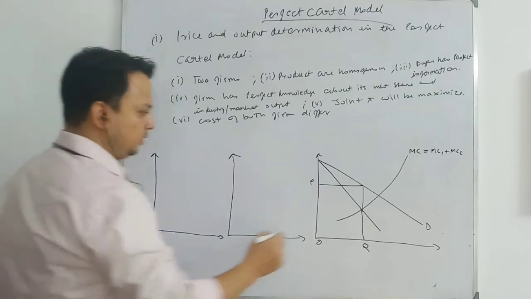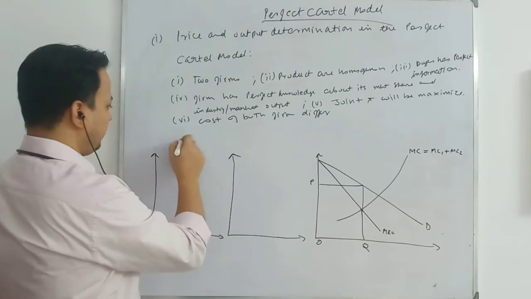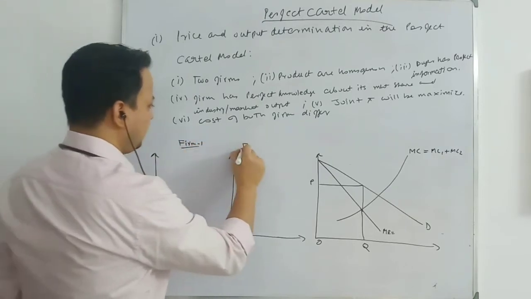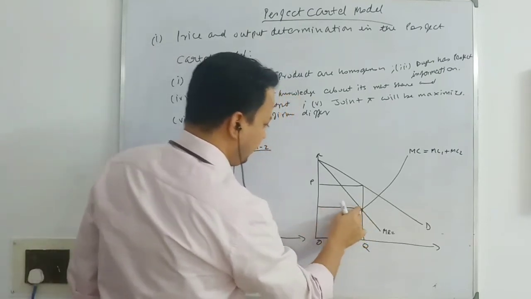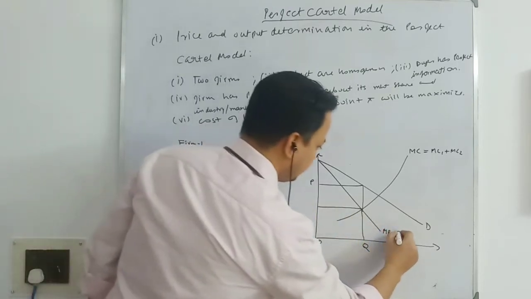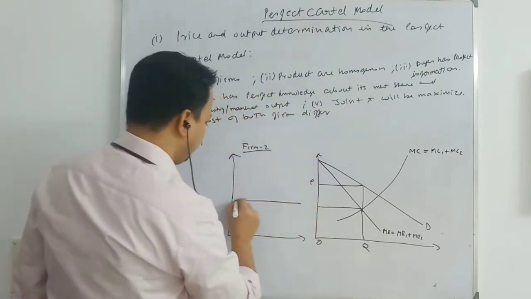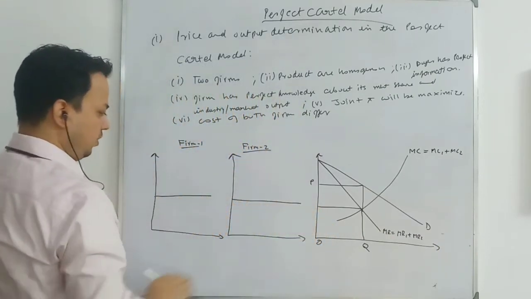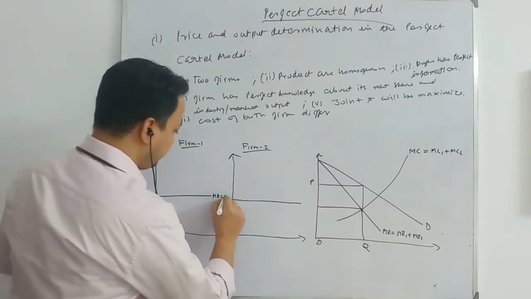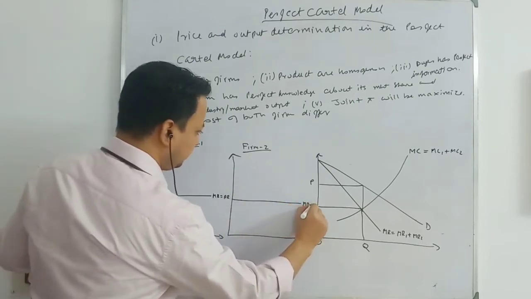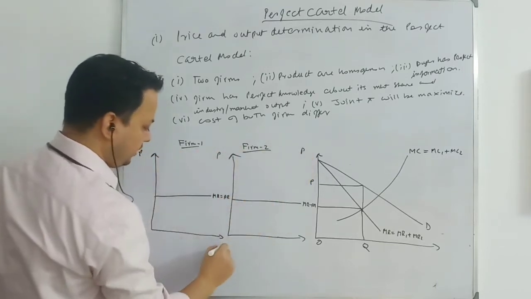This marginal revenue that we get is a summation of the marginal revenue of firm 2 and firm 1. This is firm 1 and this is firm 2. So you draw a line from here, because marginal revenue is going from here. This is the summation of marginal revenue, so you can add marginal revenue 1 plus marginal revenue 2. Take it from here, or draw a horizontal line parallel to the x-axis. So this will be your MR and AR curve for both firms, which is the same for both firms. Here you can label the axes, price and quantity.